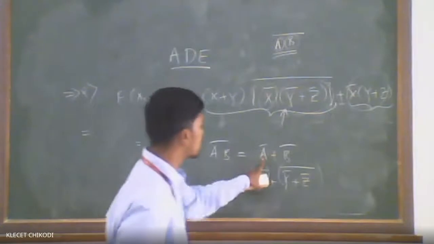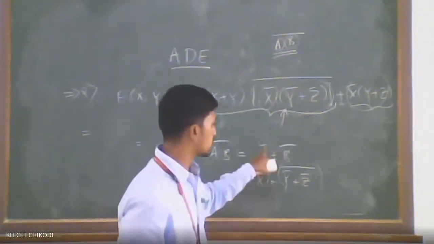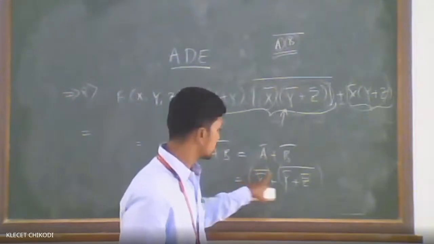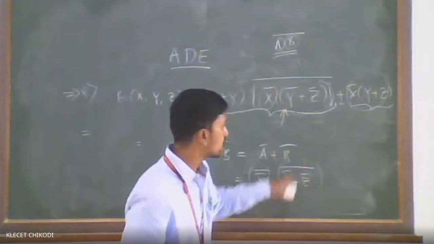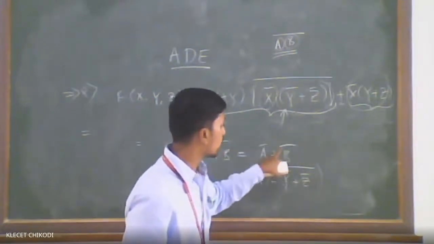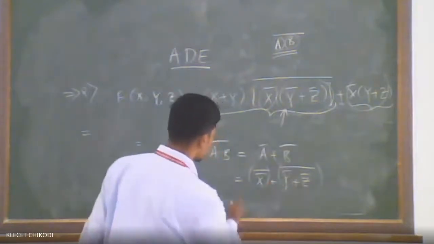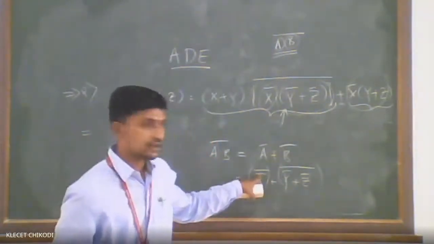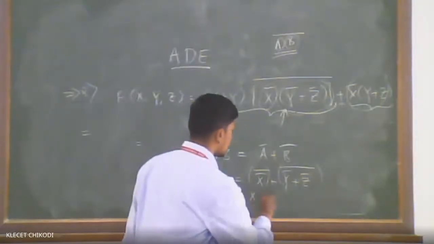Yes, sir. You can see that I have considered A as x bar. That is why I have written x bar instead of A here, and this bar is as it is above. Similarly, B as y bar plus z bar I have written inside, and again we have the bar for that B, so I have taken the whole bar here. Fine. Now, what will be the x double complement? X. Yes, it is. Fine.